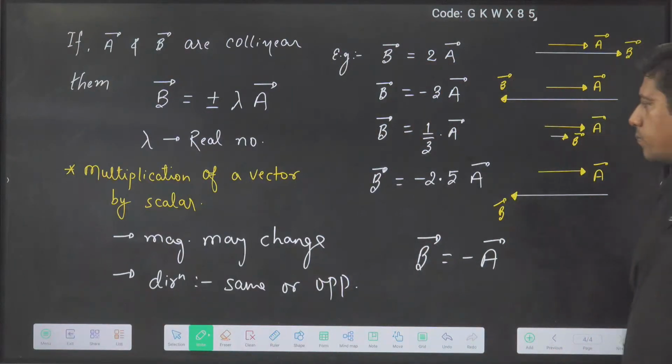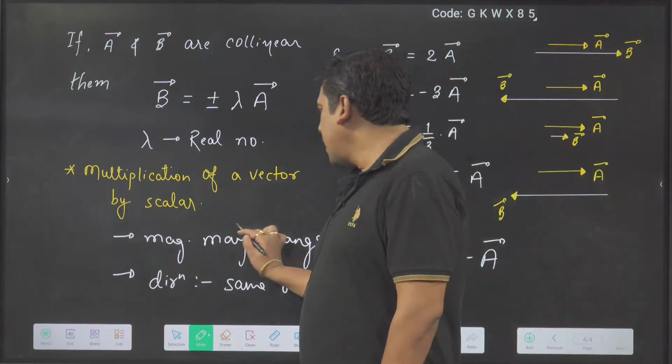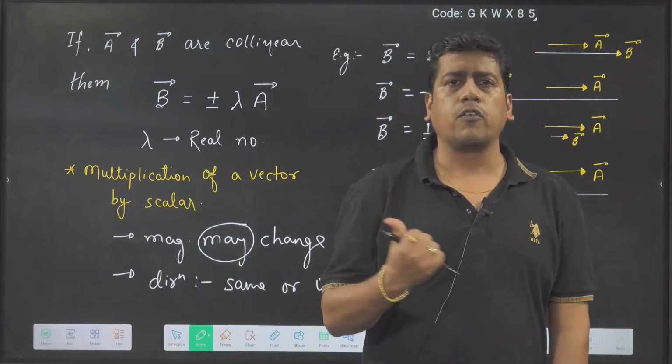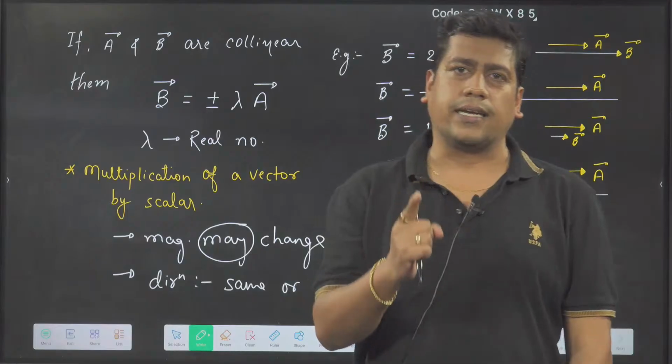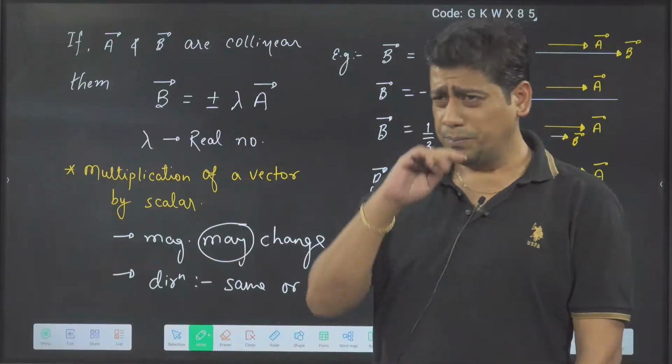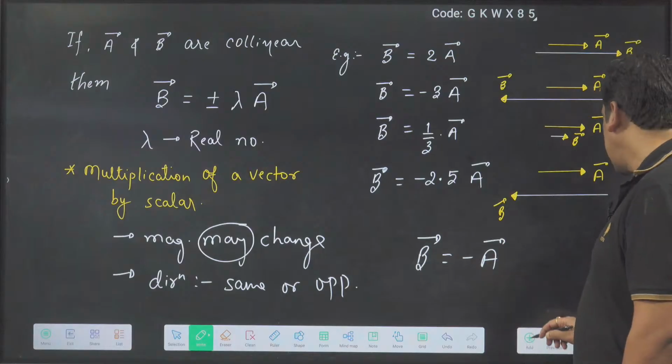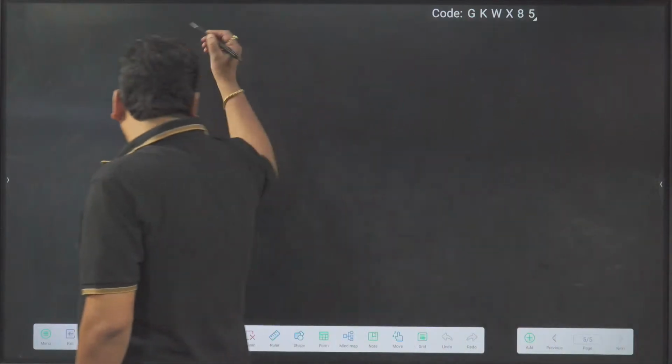ठीक है भाई? That's why I'm writing magnitude may change and direction either will remain same or it will become opposite depending on the sign. Plus sign you are multiplying or negative number you are multiplying. ठीक है बच्चा? That means if I write